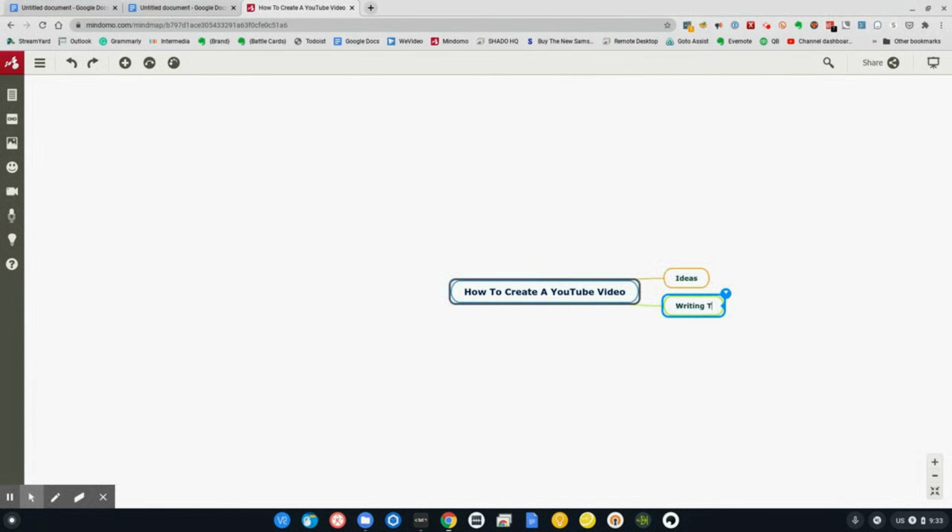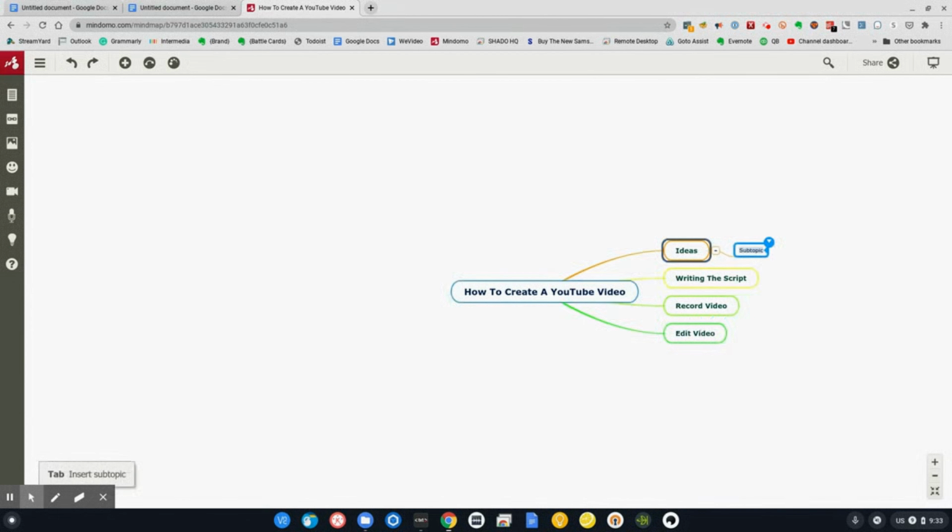Hit the enter key, writing the script, and record video, and then we'll have edit video. Now I can come back up to ideas, and I'll hit the tab key, and I'll say, okay, paper. And for this one now, I'll just hit the enter key, and I'll say Google Docs, and I'll hit the enter key again and say Mindomo.